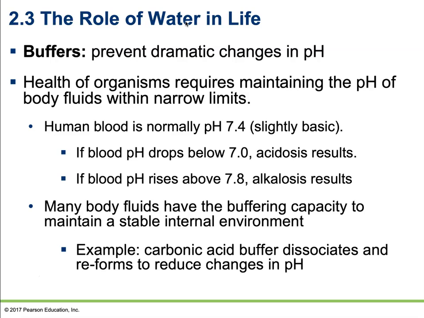For example, we use carbonic acid as a buffer that will dissociate and reform to reduce those changes in pH. So carbonic acid is a weak acid. It just dissociates a little bit and then reforms. But when needed, it can add hydrogen ions to the blood, or it can absorb hydrogen ions out of the blood to help